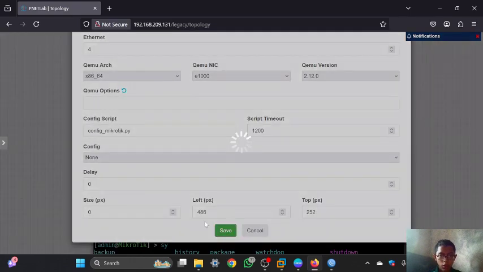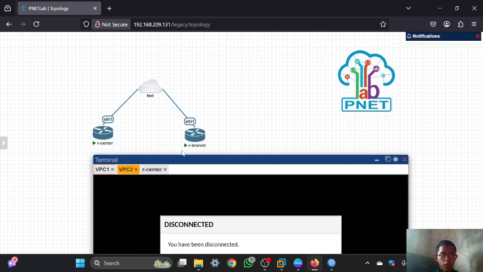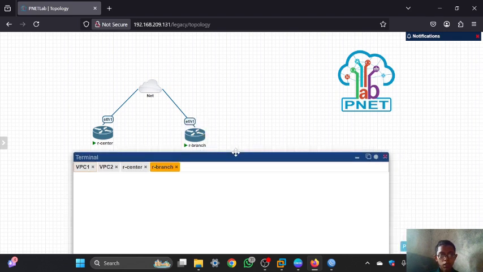I've set the hostname in here because if you don't configure the hostname, maybe you will get confused because you don't know which are the router branch or the router center.